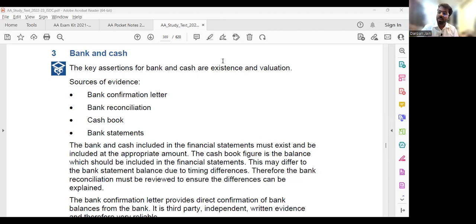Correct? If I've issued the check, but as at the year end, 31st December, that check has still not been sent to the bank for collection. You have already sent the check to the client, but the client has still not sent it to his banker for collection. This is a check in transit. Checks issued but not presented for payment. You must have heard this phrase, right?